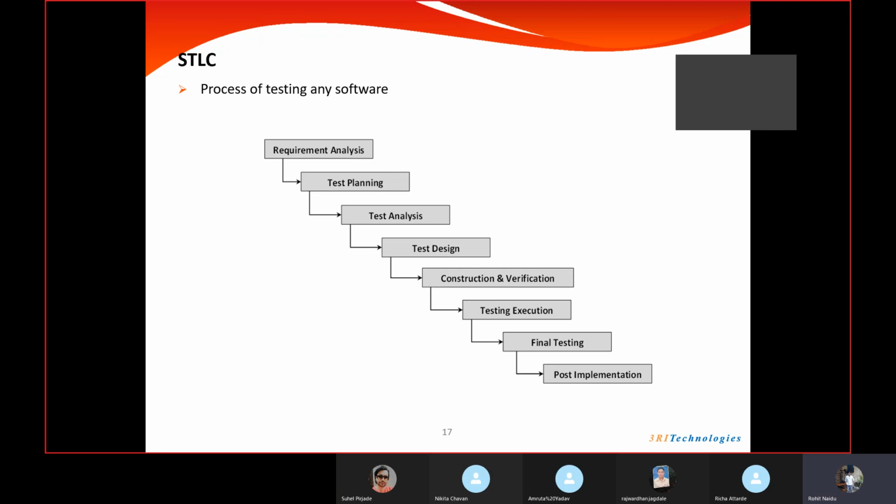So in this case, we have some more testings after all the features are tested. We will do some sort of server testing, load testing, performance testing, and compatibility testing. All these things happen in the final testing. And then once all the approvals are done, like all the phases of testing are completed, then we will send the application to the deployment, right? That is nothing but the post implementation. So we will discuss every stage in depth in the coming slides.